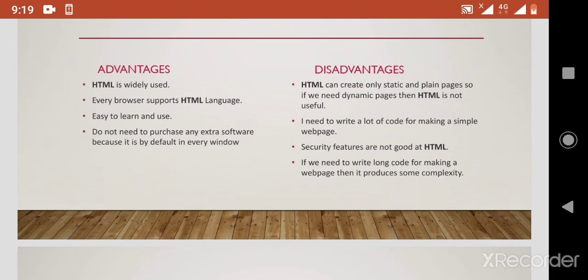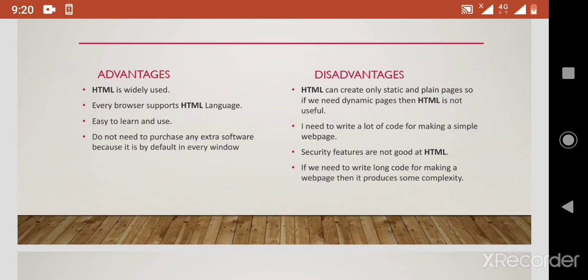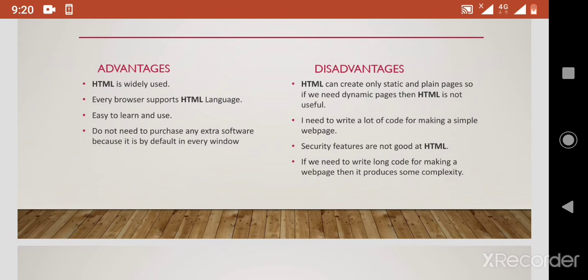As we see in Java or C++, if we make an error, the compiler automatically shows where the error is, and we may know how to fix it. When coming to HTML, we may not know what the error is and where we have made it. This is one of the main disadvantages, and it does not have any security features, and it has more code complexity. These are some of the disadvantages.